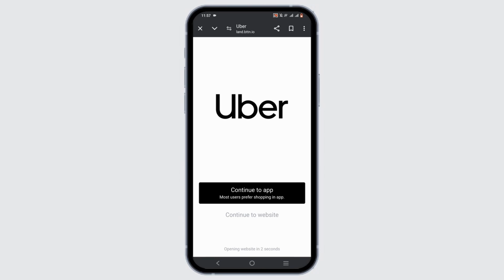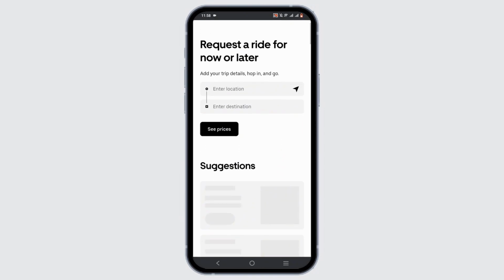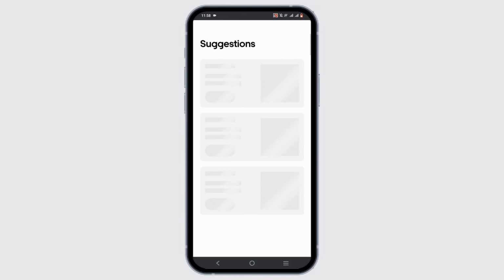Once you are logged in, to use your promo code while booking a ride, you may find the option of Use a promo code. Just add the promo code, or chances are the code has already been added. After which, you'll be able to receive the rides with a